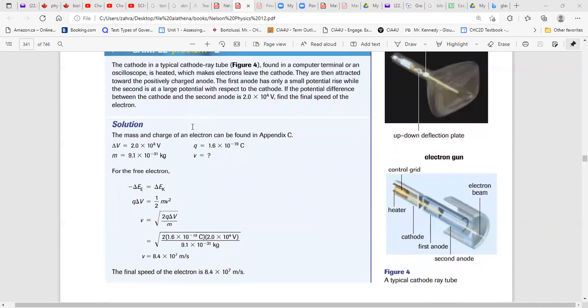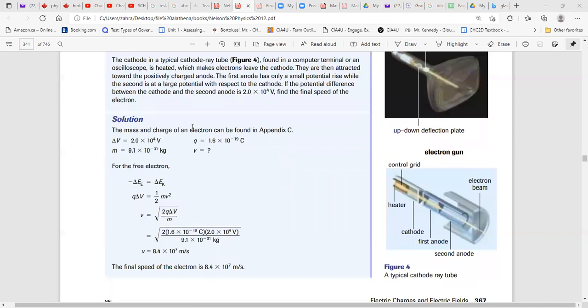So we have an initial speed of 0. We want to find the final speed. You know, delta V is equal to 2 × 10⁴. And we have the mass of the electron. We have the charge of the electron. We want to find the final speed, knowing the